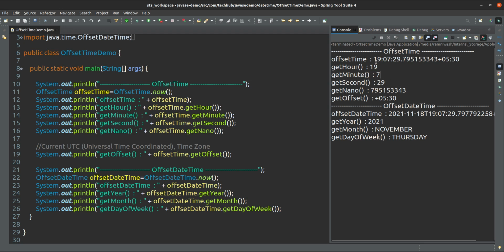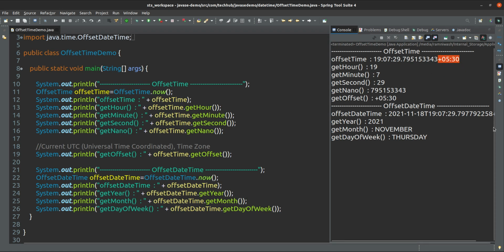Only hour, minute, seconds and nanosecond will come. But it will not give you the time zone also. Means the offset of time, 5:30, from the universal time coordinate we are forward by 5 hours 30 minutes. So that's why this is giving this offset time also.